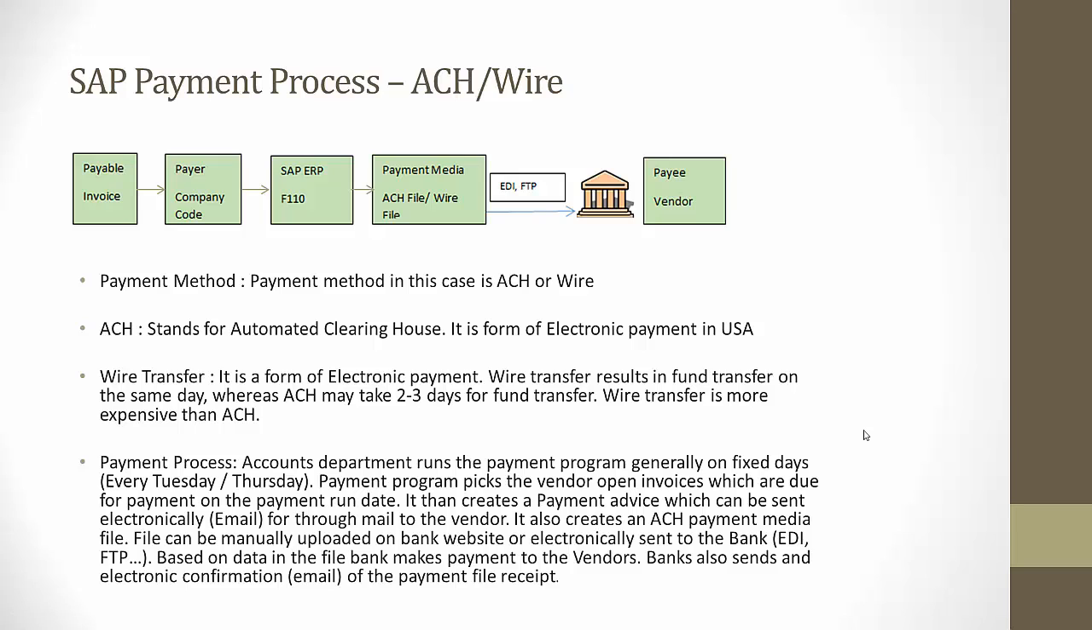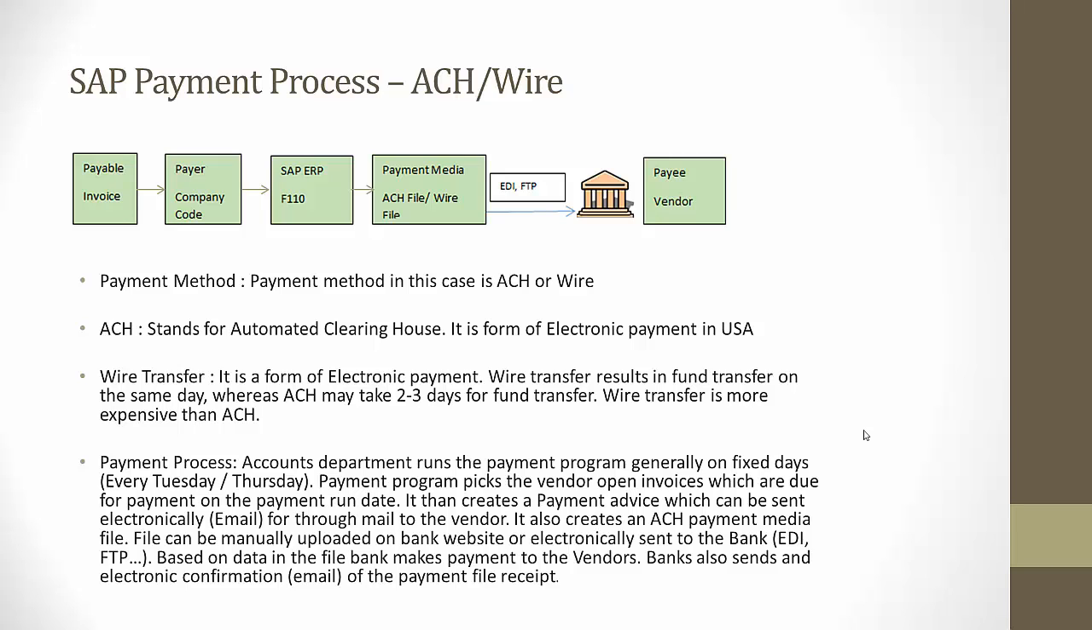The next payment method could be ACH or wire transfer. Both of these are mode of electronic fund transfer. Wire transfer is fast, takes around 1 day, whereas ACH takes around 2 to 3 days of time from the date of initiation. So the payment process in case of ACH wire transfer is, we receive the vendor invoice, the